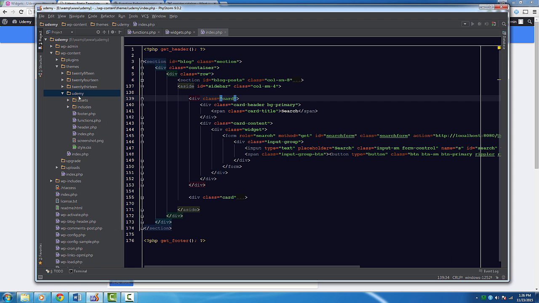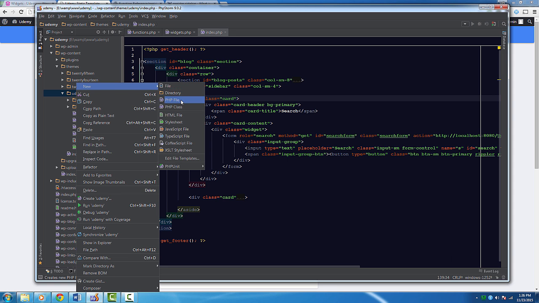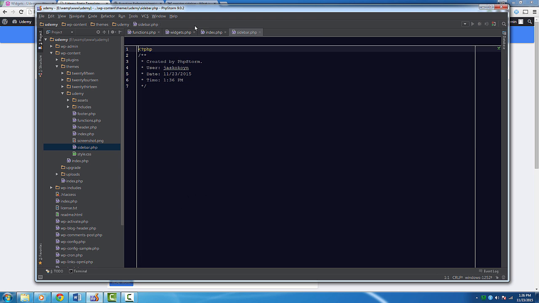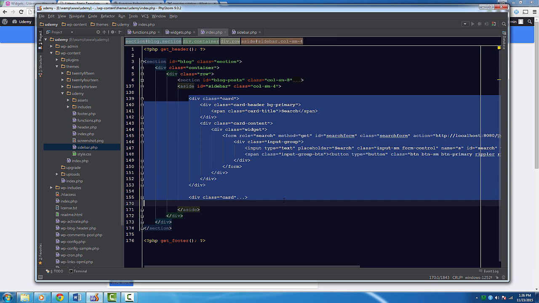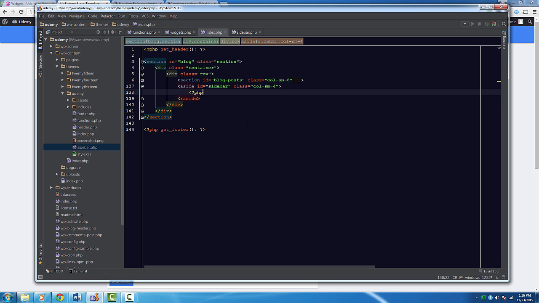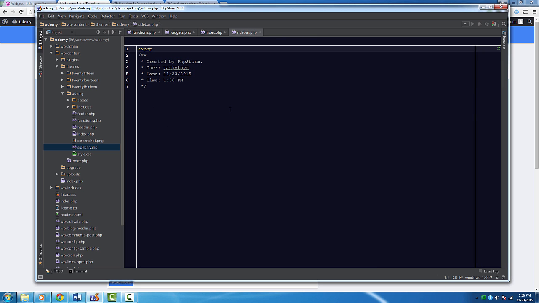So let's create a file called sidebar.php. Next, let's completely remove all HTML between the aside tags in our template. Then, let's call the get_sidebar function. Open up the sidebar file and before we can display it, we have to check if it's active. Inside an if statement, let's call the is_active_sidebar function. This function does exactly what we need it to do. Check if our sidebar is active. You simply pass in the name of the sidebar. In our case, this would be the ID of the sidebar we created, which is